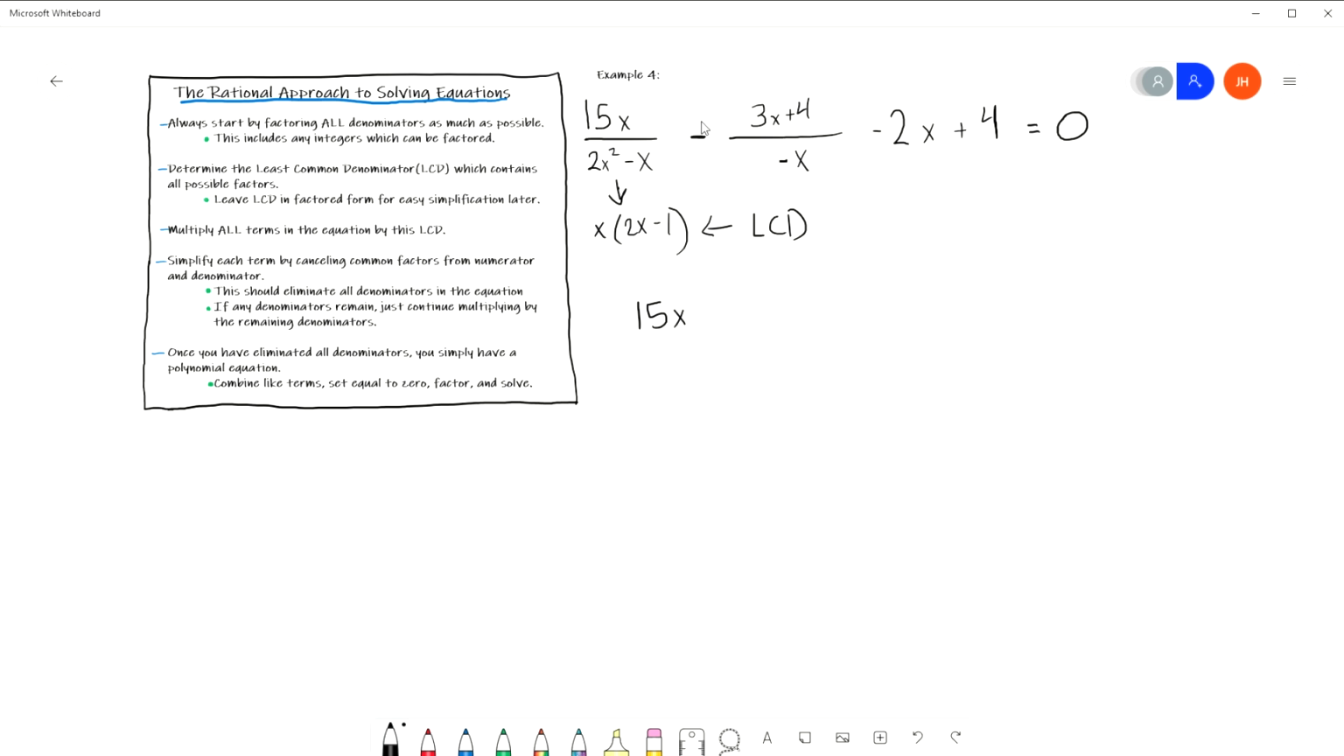Here's a big thing, guys. Don't forget that that minus exists. Don't forget that that minus exists. If I'm subtracting a whole fraction, then this subtraction should be distributing. Remember, this is effectively the same thing as if I had plus and then a negative multiplying it, right? It's the same thing. So I'm going to have 15x minus 3x plus 4